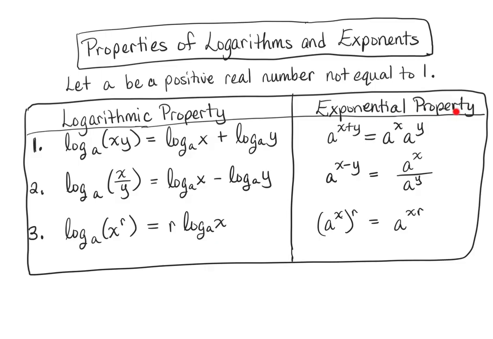Exponential properties. A raised to the x plus y is equal to a to the x times a to the y. A raised to the x minus y is equal to a to the x divided by a to the y. A raised to the x, this quantity to the r, is equal to a to the x times r. Okay, so take a screenshot, take a picture if you need to,